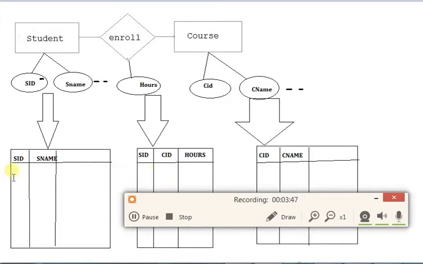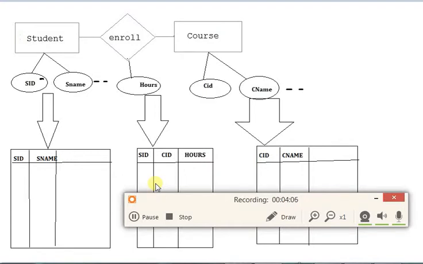There may be some students who have not enrolled in any of the courses. Similarly, there can be a course in this course table in which none of the students is enrolled.